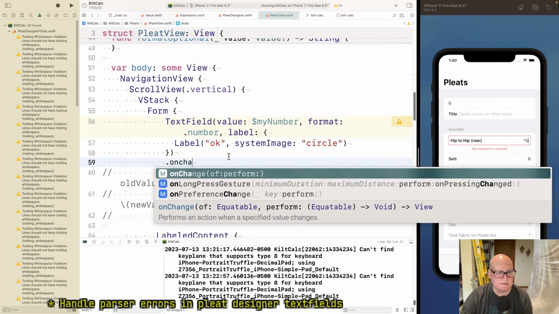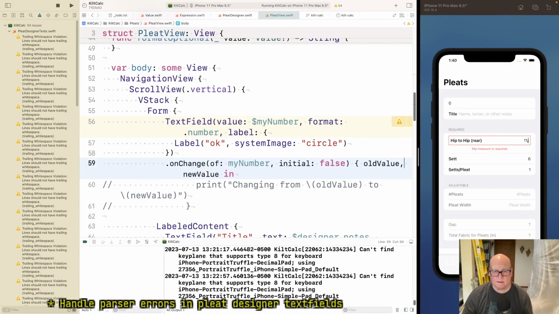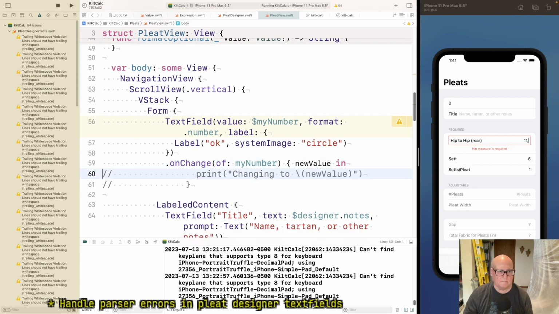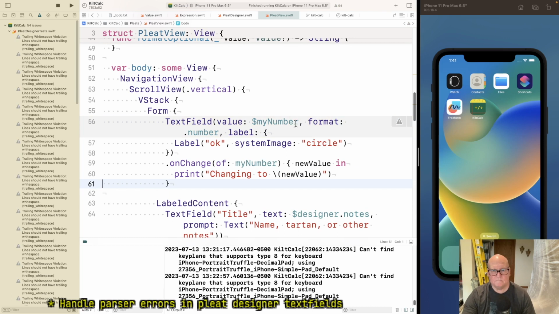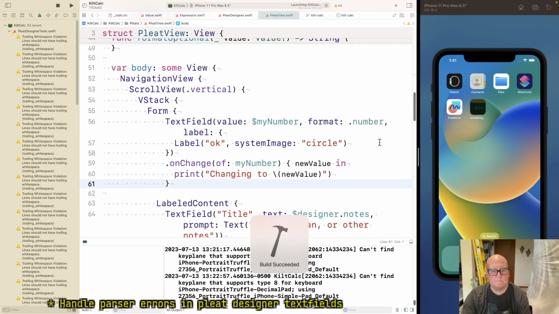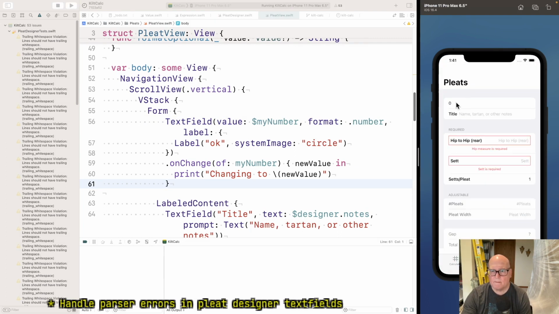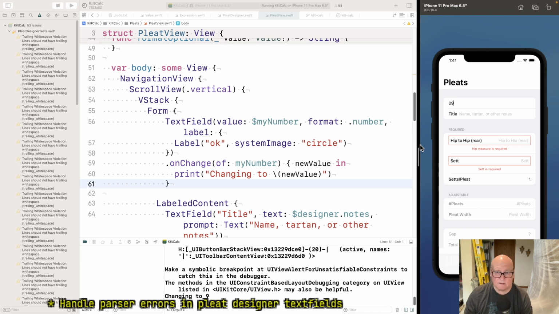Okay. Well, we don't have to see the old and the new, I don't think. Okay, so as I type, changing to 9.